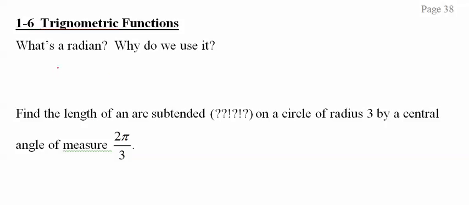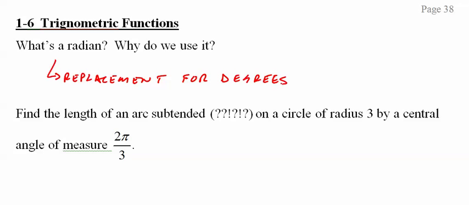What's a radian? Well, it's a replacement, and I can't say unit because it's technically unitless, for degrees. Because degrees is just, hey, let's divide the circle up into 360 units. Why? I don't know. The ancient Babylonians liked the number 60, so we'll go with that. And 360 is a great number, don't get me wrong, but radians make life simple. So you take your degrees, you multiply by pi over 180. So that 360 degrees